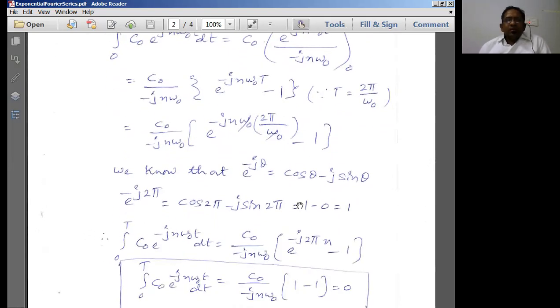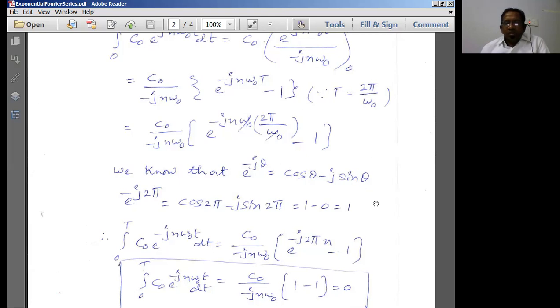All right. So now let us substitute the parameters. What is T? Time period T is equal to 2 pi by omega naught, from the basic relationship between the fundamental frequency and the time period. T is nothing but 2 pi by omega naught, and I can write omega naught as 2 pi f naught. The 2 pi will get cancelled and I'll get simply 1 by f naught, which is nothing but equal to T.